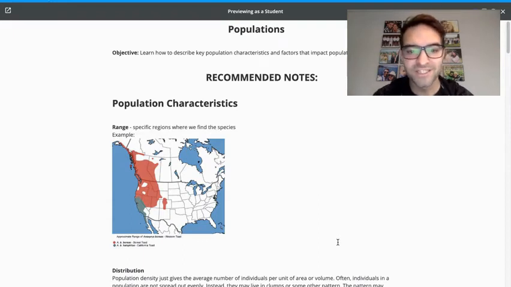Welcome to biology. Today, we are going to be talking about populations and really looking at the way we describe a population and how they're distributed and so forth, and where we can find the species within that population. But then also looking at factors that are going to impact population size in a negative way or possibly a